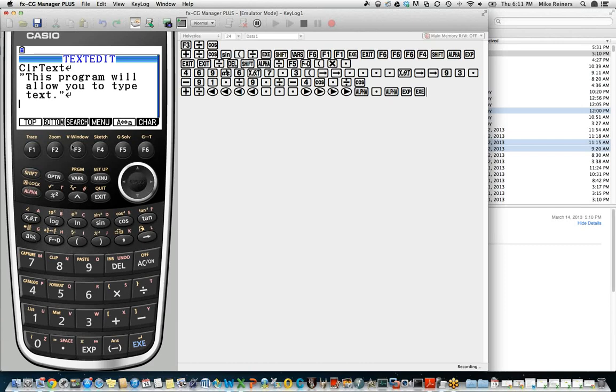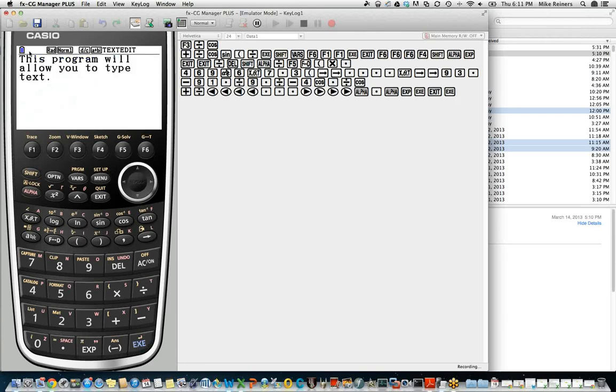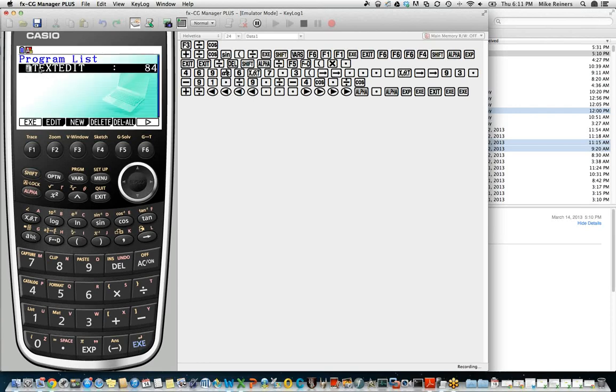And let's see how that's going to manifest itself when we begin running our program. So we'll press the exit key and then execute to begin running our program. And there the text displays quite nicely. And so you can see the third way to display text on the screen. You now know, if you've watched all the parts of this series, you now know all 3 ways to display text on the calculator screen using commands in a program. So press execute again to end the program.